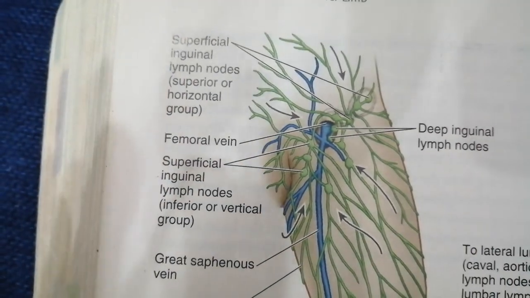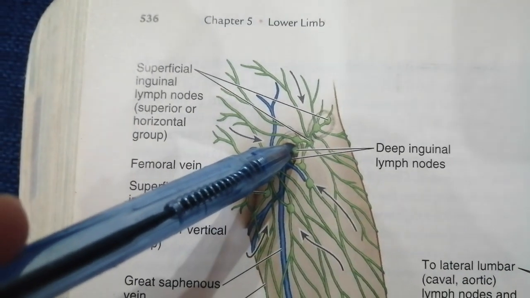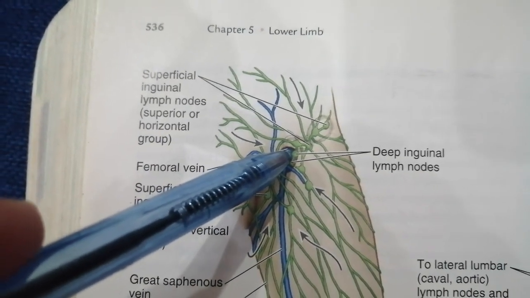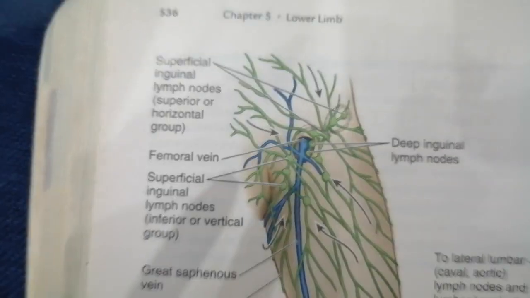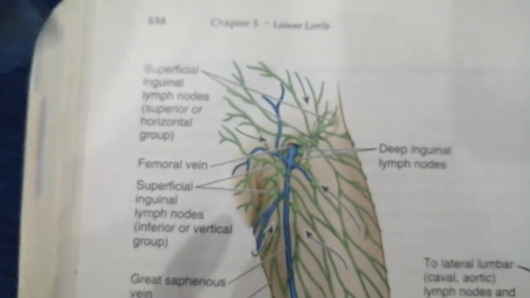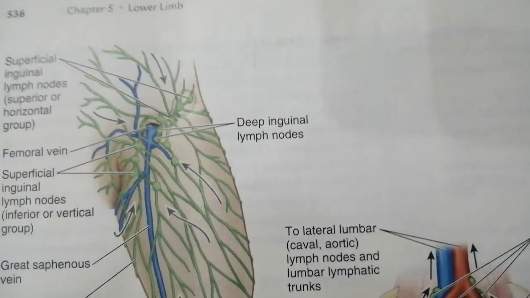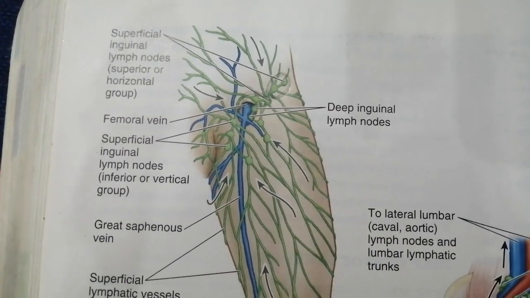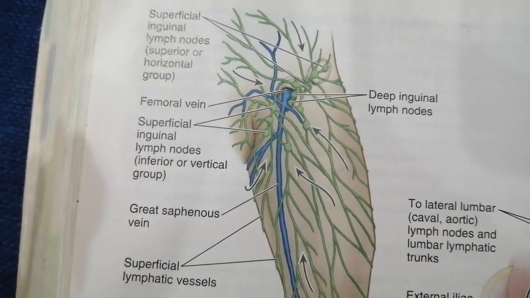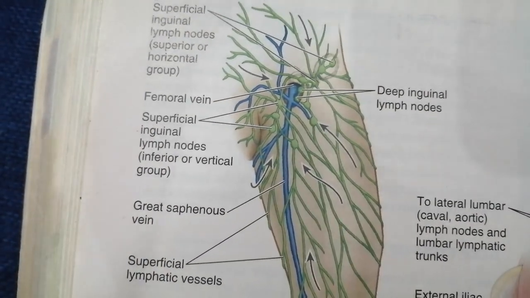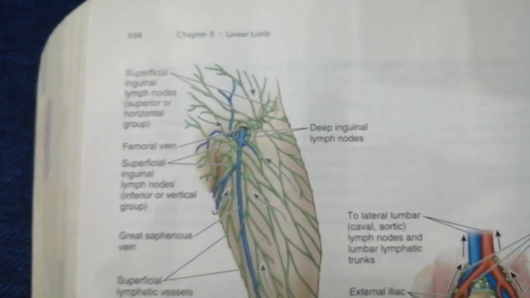So the second one is the deep inguinal lymph nodes, which, as you can see, lie deep in the deep fascia. Okay, you should know the deep inguinal lymph nodes are located under the deep fascia on the medial aspect of the femoral vein. You should know the relation that they mainly lie on the medial aspect of the femoral vein, and the lymphatic vessels that accompany the small saphenous vein enter the popliteal group of lymph nodes, which basically surround the popliteal vein. This vein we will discuss later on. You just need to understand here